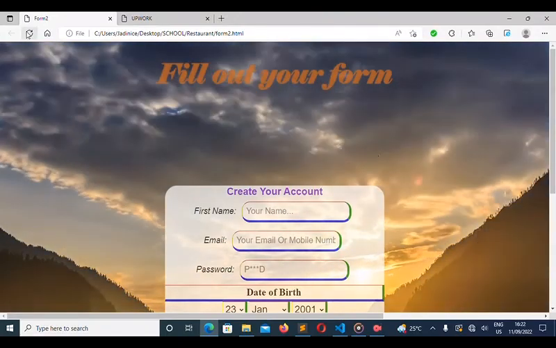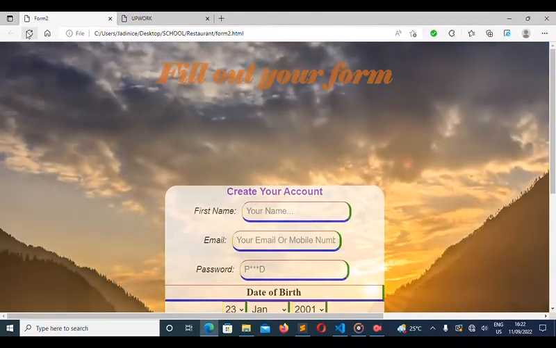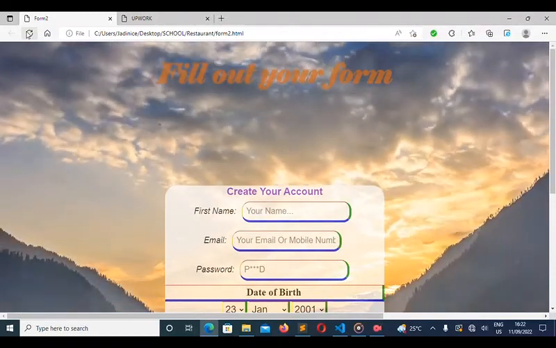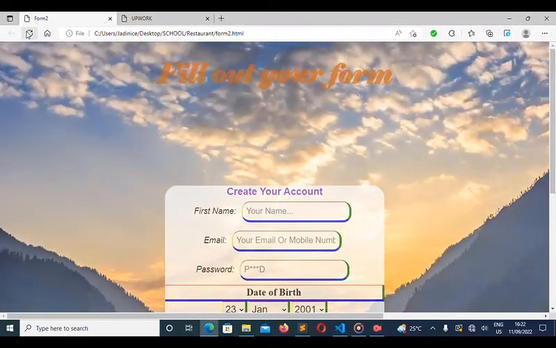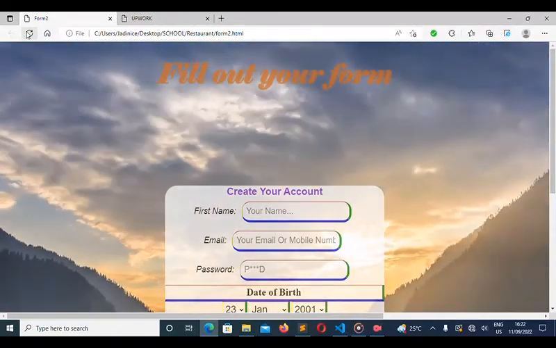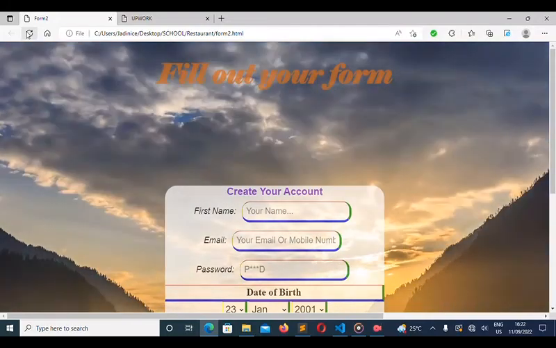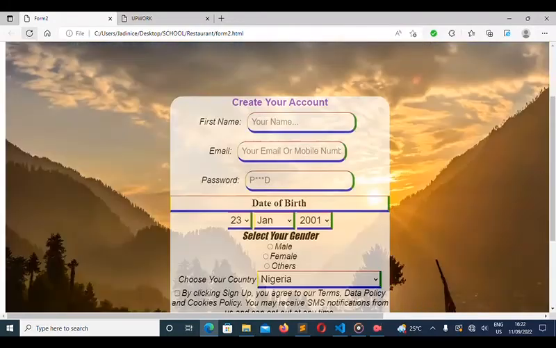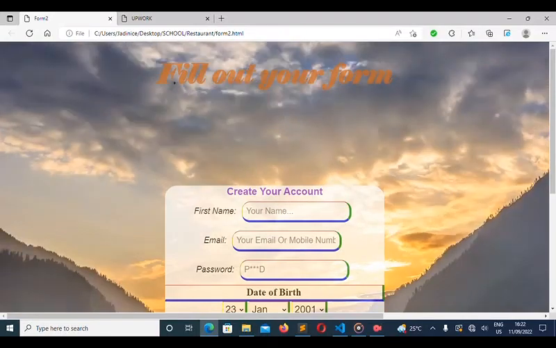The position absolute made everything that I've done so far, the whole fill out the form, everything, come to be part of the body, and so there is no space.